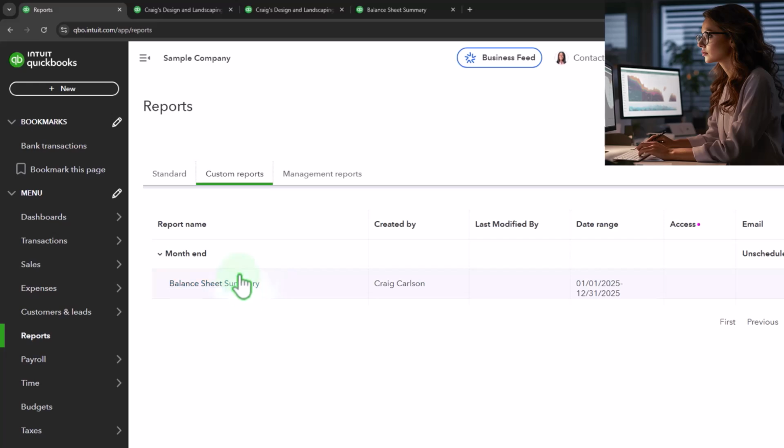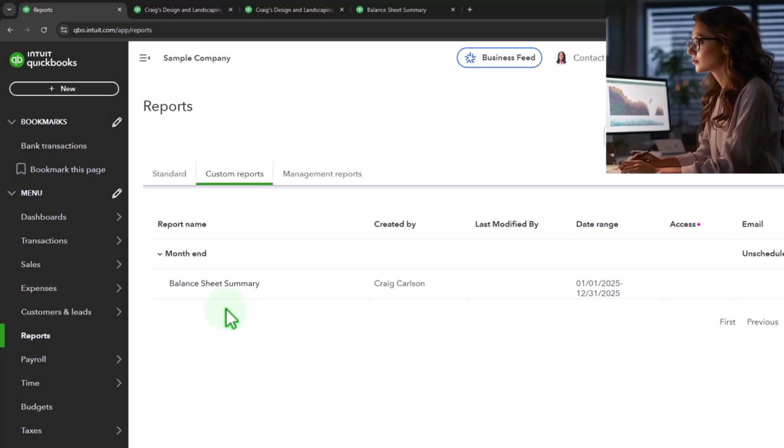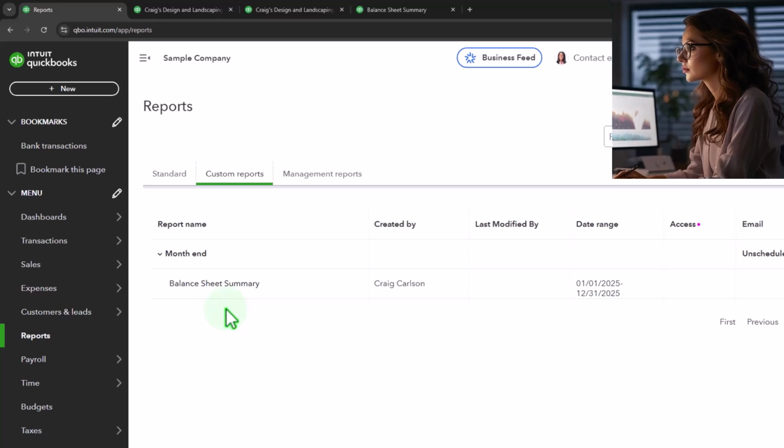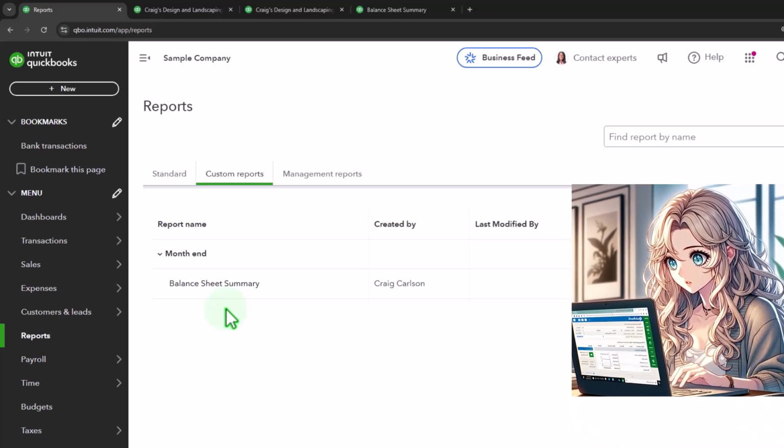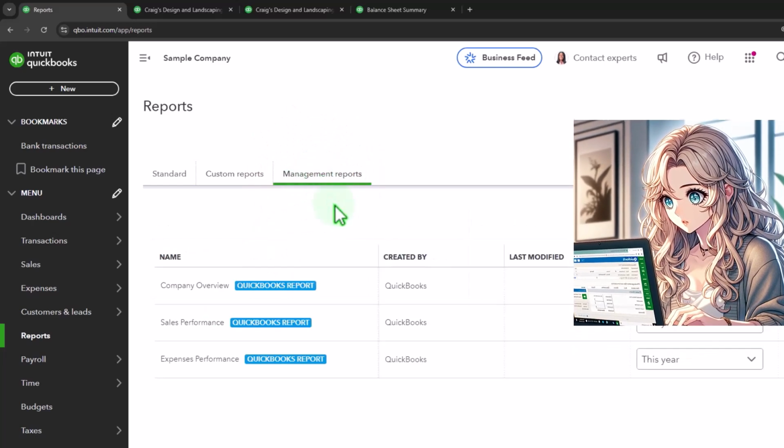nice and easily. So what I might recommend doing, what we might do in future presentations, is to possibly even number the reports to put them in order under month-end reports so that I can just open up the reports that I need to be generating at the end of each month, end of each quarter, end of each year, and generate them and then group them together in a format that I can provide to the customer or client, which might mean that I export them or print them as a PDF file, group them into a zipped file at least, instead of emailing them as 10 different attachments, or possibly I group them together using the management reports,